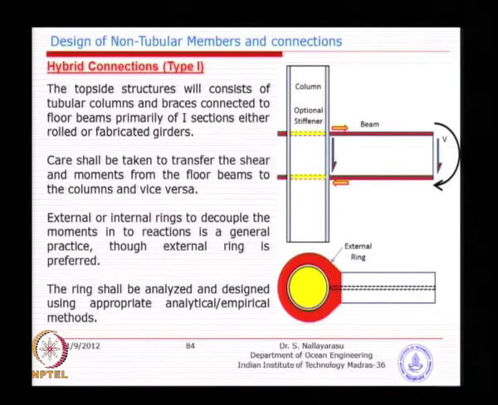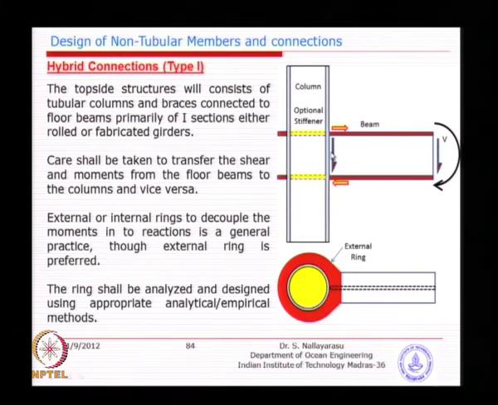If the diameter is too small, you will not be able to go inside and do this stiffening effect. Normally we try to do it outside, but if it is a larger diameter, you could also do an internal stiffening, which could look very neat, because nothing is projecting outside. So, sometimes people prefer that. So, in any case, how do we do this design? That is the main thing.